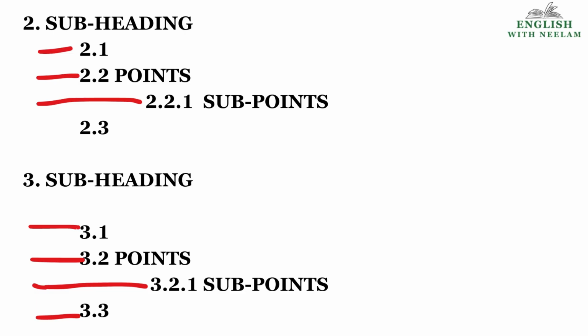And what is indentation, children? You can see those red lines here. See, equal space for points and equal space for sub-points. You can see here 2.1, 2.2, equal distance from the margin line, children. You have to see from the margin line. And then all the sub-points, 2.2.1 and 3.2.1, you can see they are at equal distance from the margin line. This way, children, you have to take care of spacing or indentation.